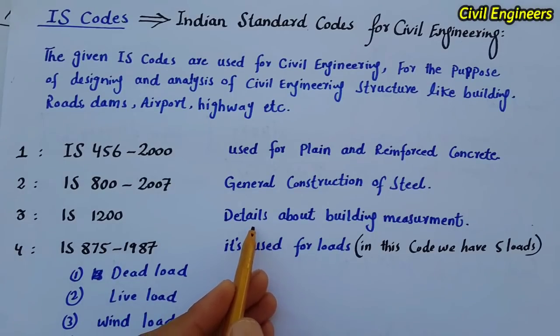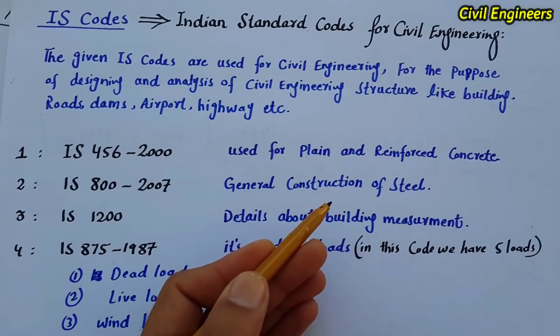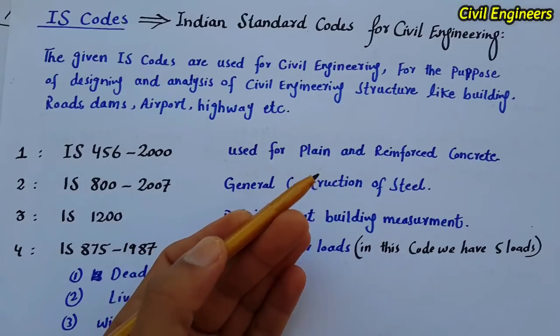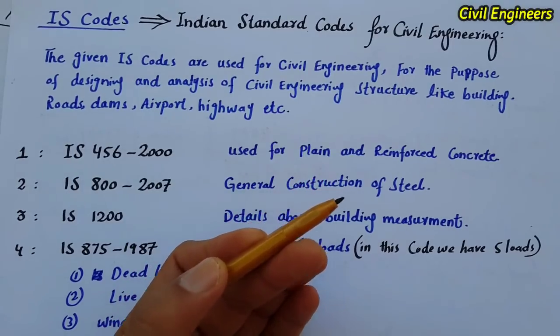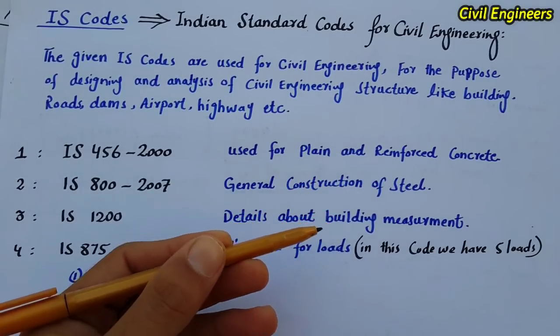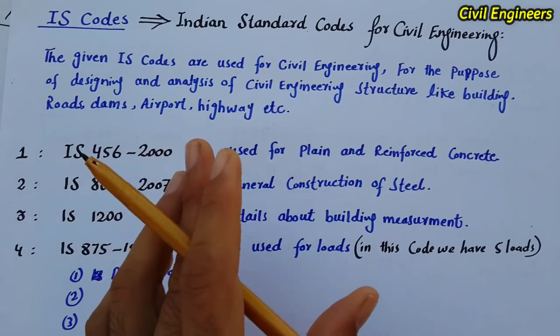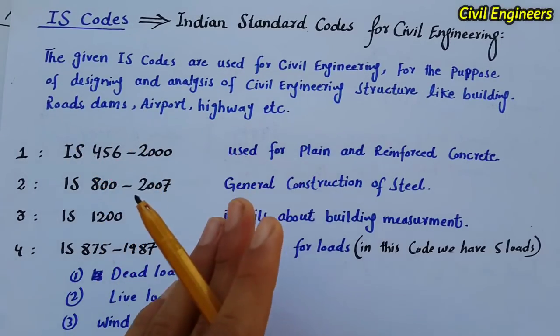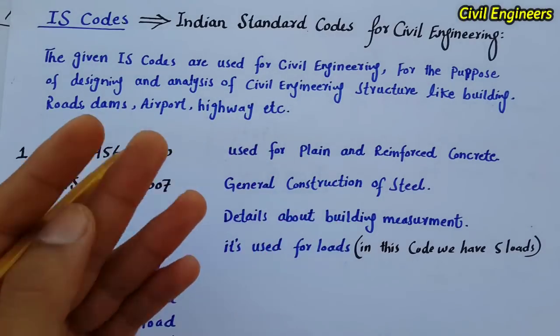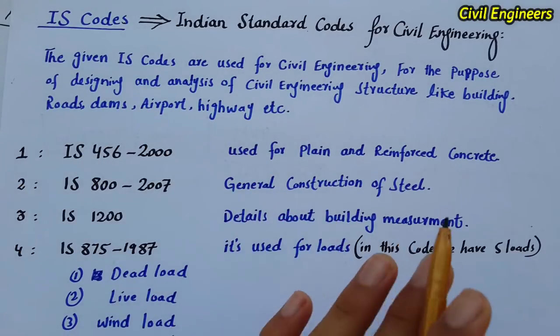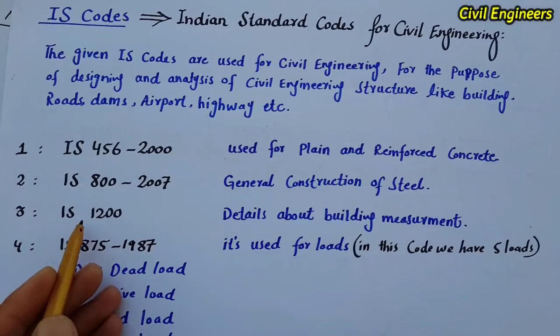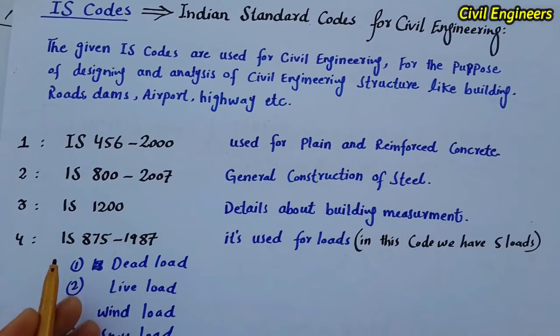And the third one, IS 1200. In this code, details about building measurement, like what is the minimum length and breadth of the room, what is the height of the building, and what is the depth and the width of the window, and also the height of the window. So all about building measurement is in IS 1200. And the fourth one, IS